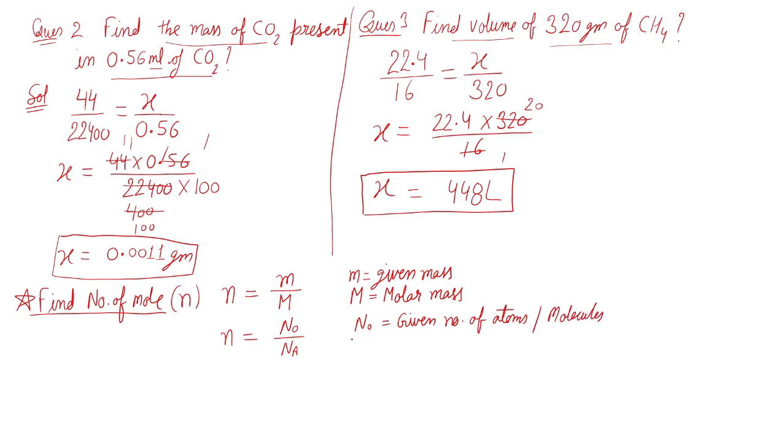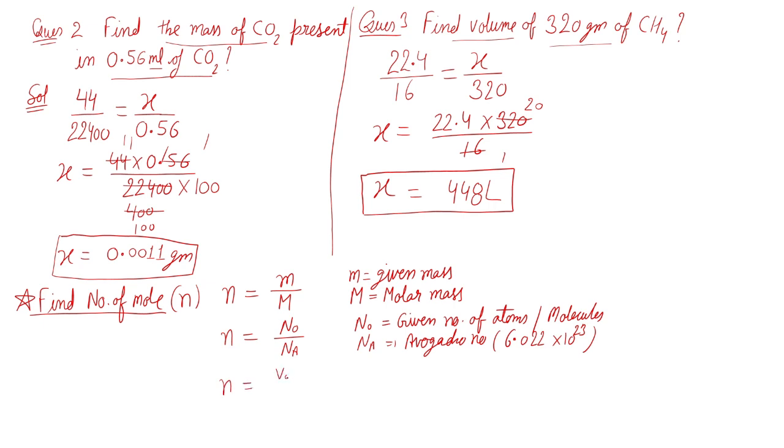Okay, and Na that we know is the Avogadro number. What is its value? 6.022 into 10 to the power 23. Okay,